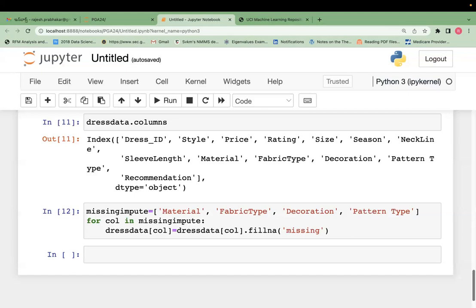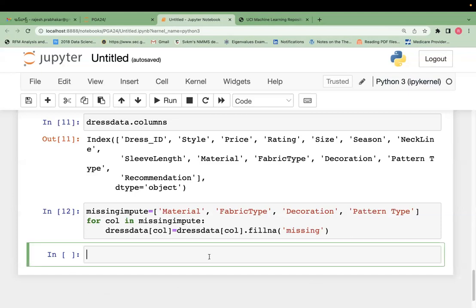Okay. For the remaining missing values, we are going to do